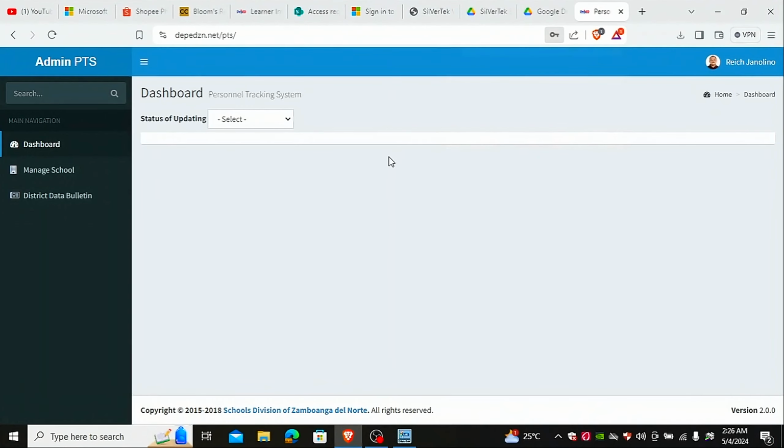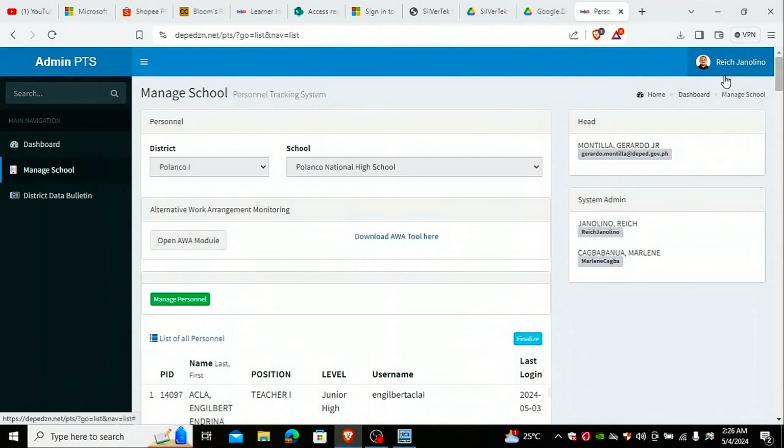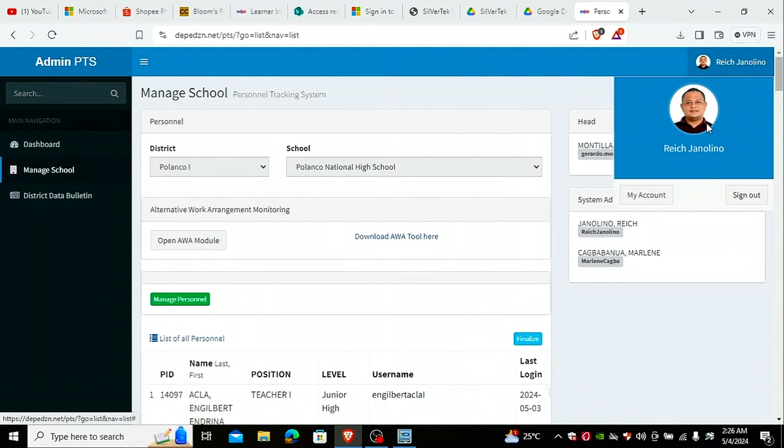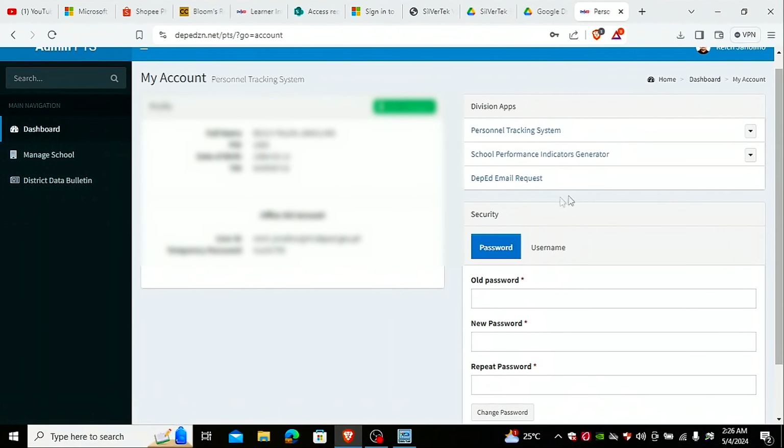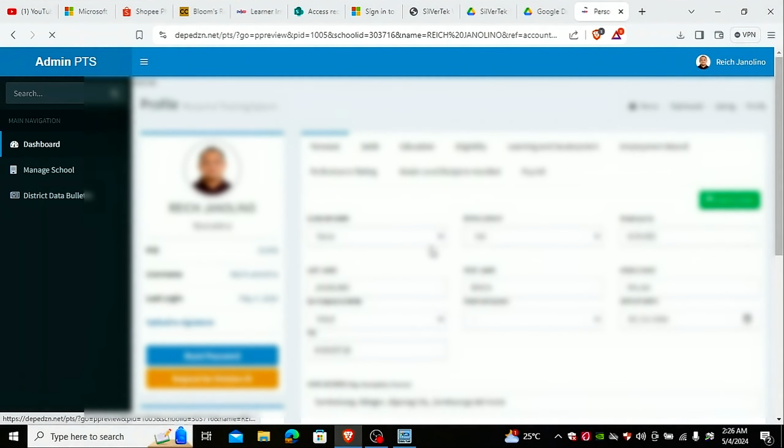Okay, update. So here, this is my account in PTS. I just click on my account here and then click on my account so I can view my PTS ID, which is here.